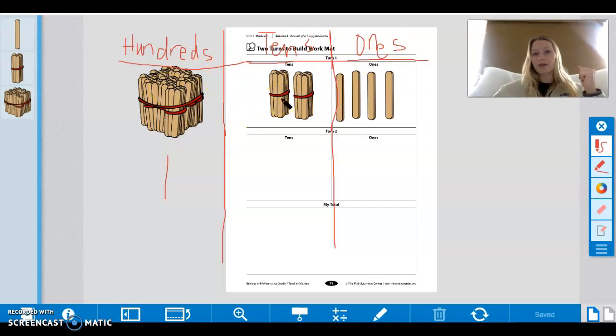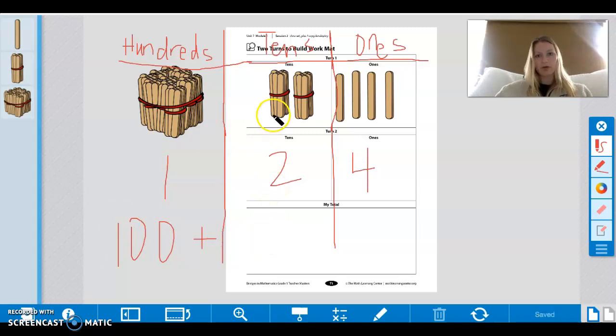How many groups of 10 do you see? 2. How many groups of 1 do you see? Good, 4. We would read this number as 124. We also know it's 1 group of 100, 2 groups of 10, 4 groups of 1. If we were going to write this, we could say 100 plus, what's the 2 worth? It's not worth 2, it's worth, count by tens, 10, good, 20. 100 plus 20 plus 4 is the same as